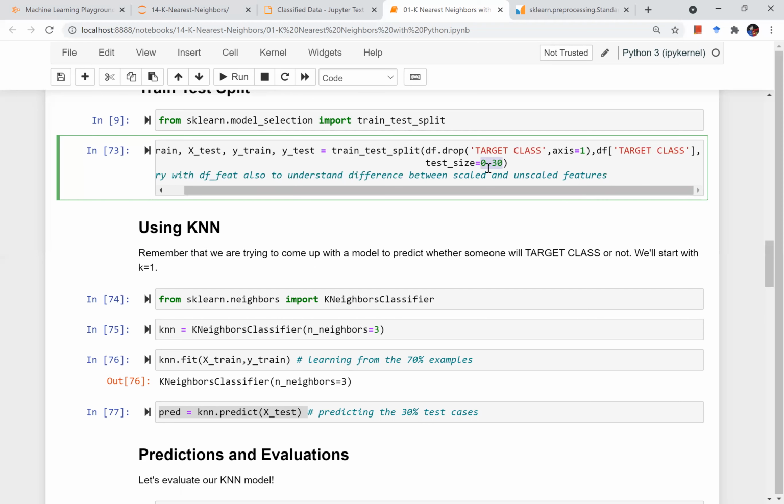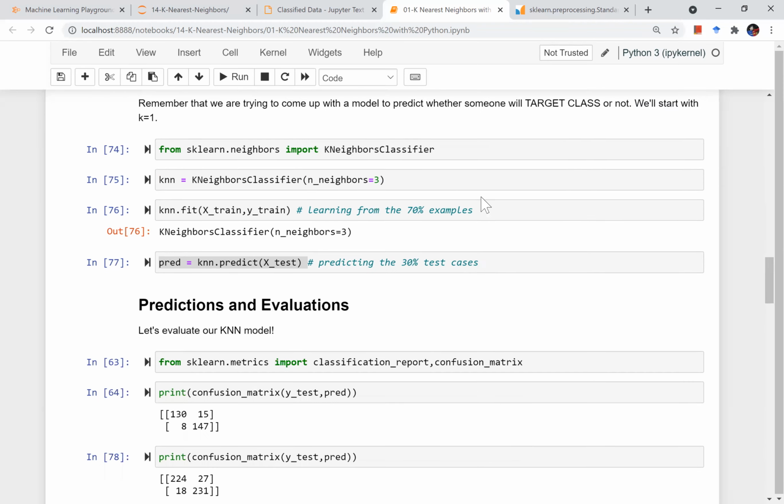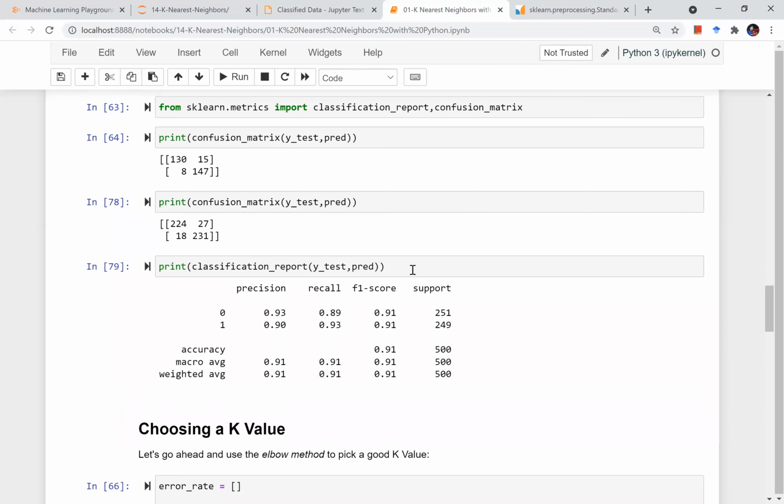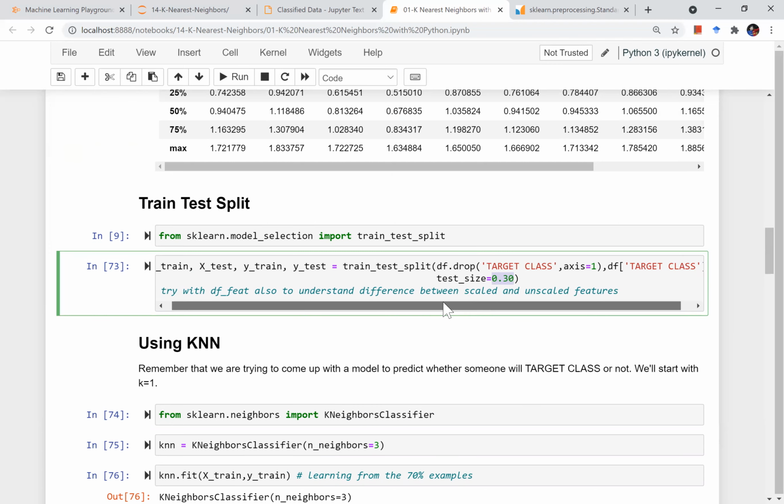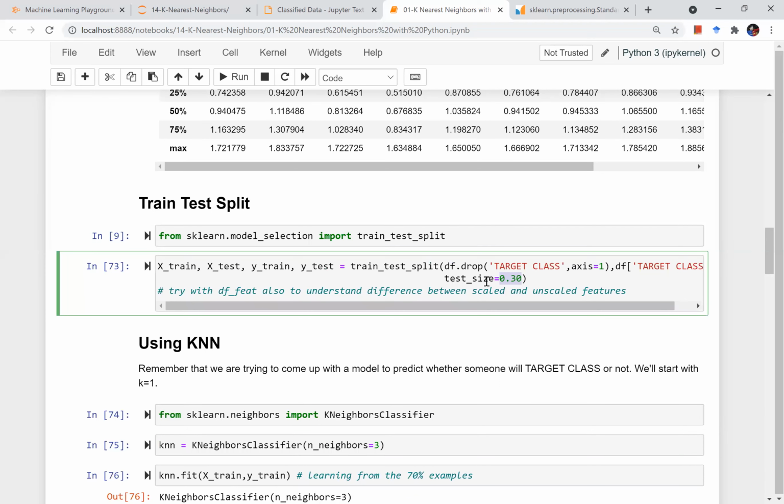So it's completely up to us. We can tweak this, change this, and see whatever performance we are getting. Generally, more training data means better results. Your result will always depend on your training examples, not on testing examples. On testing, I'm just checking whether my prediction is correct or wrong. So my model's performance depends on the training size, X train and Y train. Testing is just, you have prepared, now give this test, and whatever you score will be your performance. So we should always provide more examples for learning, a larger train size.